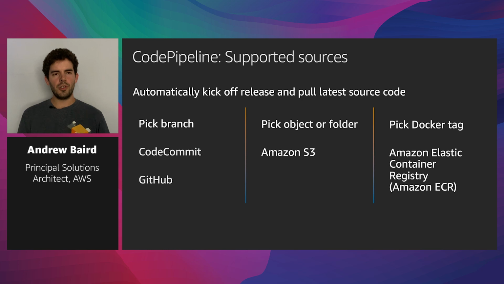So depending on the choice you make, you can either pick a branch within CodeCommit or GitHub, or you choose a specific object location in S3. And then the third option you have for triggering a CodePipeline deployment is Docker-centric. So if you've got a containerized application, you take that container image and you push it to a specific tag for that image to our Elastic Container Registry service. Every time a new image gets pushed with that tag, CodePipeline will recognize that and trigger a build as well. So you've got these three different types of options today for kicking off new builds or new integrations or delivery